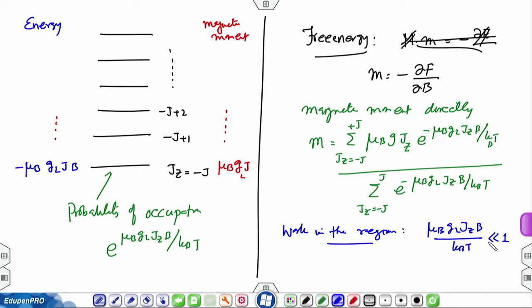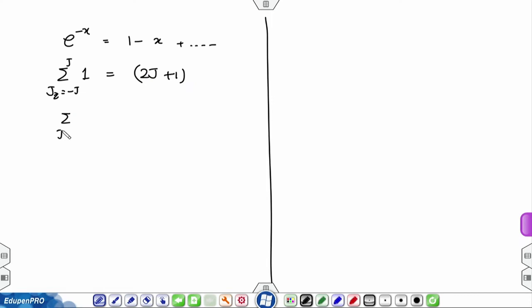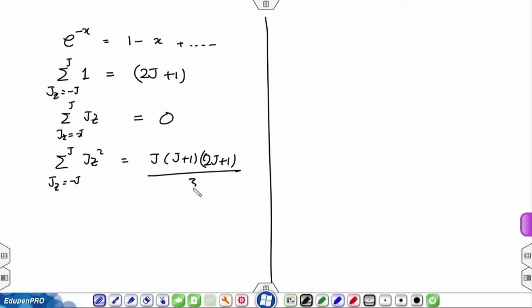In that case, the exponential can be expanded, and you can sum over, and I will leave that calculation for you. So, I will expand e raised to minus x as 1 minus x plus higher order terms, which I am going to neglect. Summation Jz equals minus j to j, 1 is going to be 2j plus 1, summation of Jz is going to be 0, and summation of Jz square is going to be equal to j(j plus 1)(2j plus 1) divided by 3, and you do all this calculation and you substitute and you get